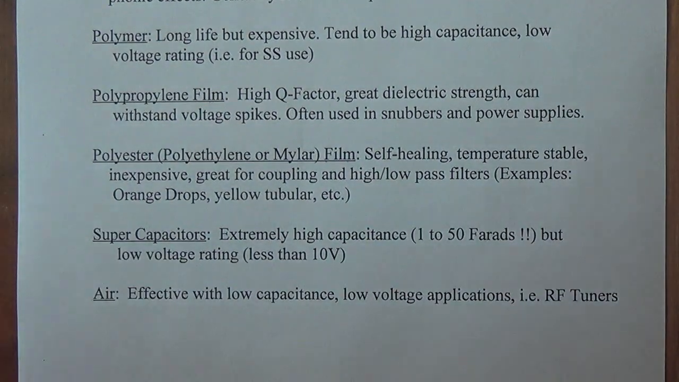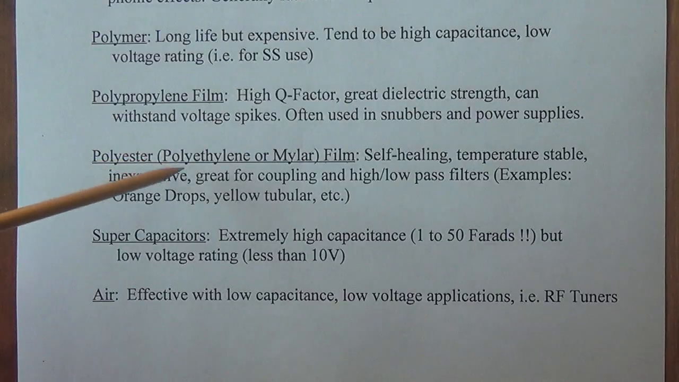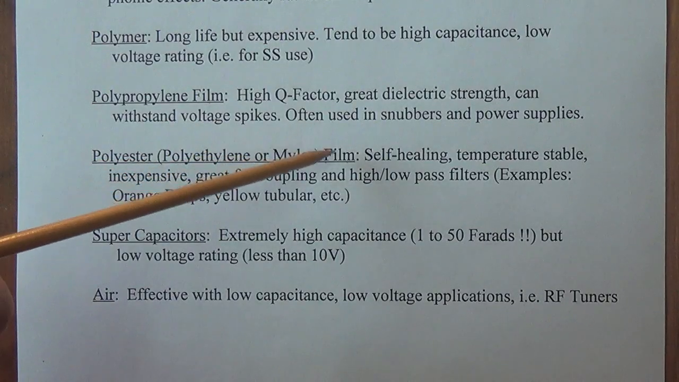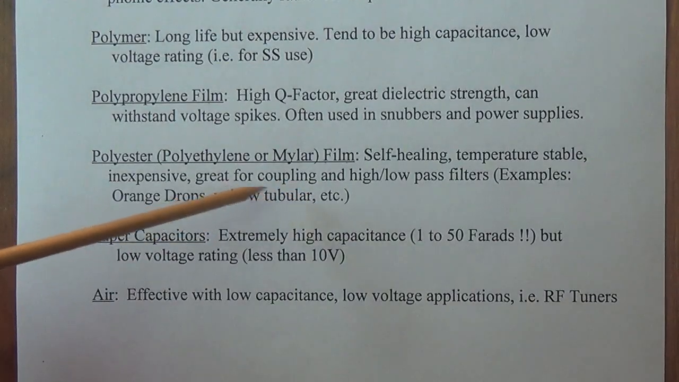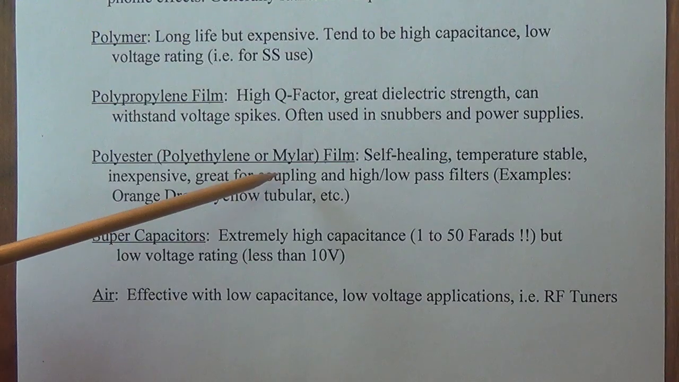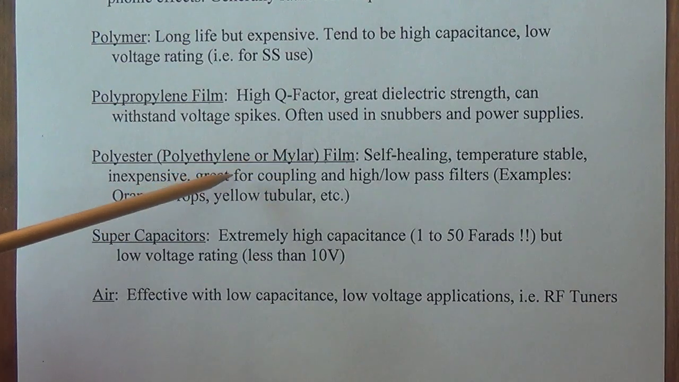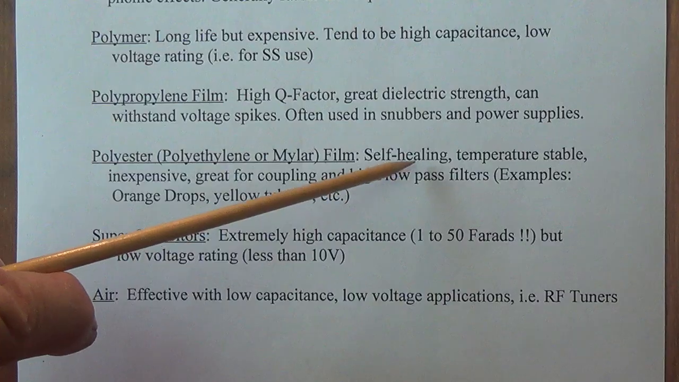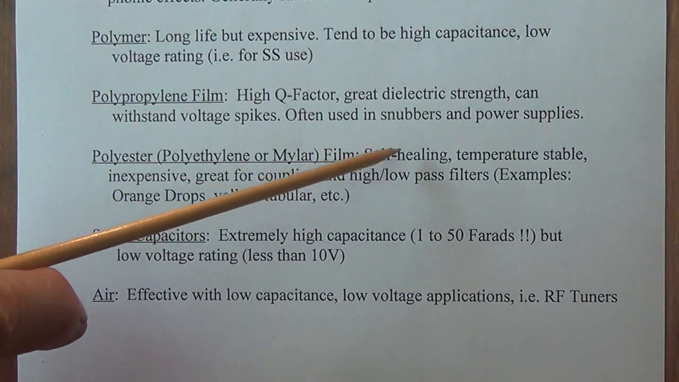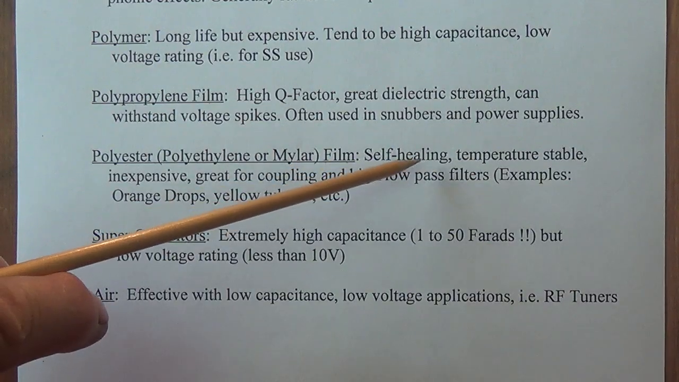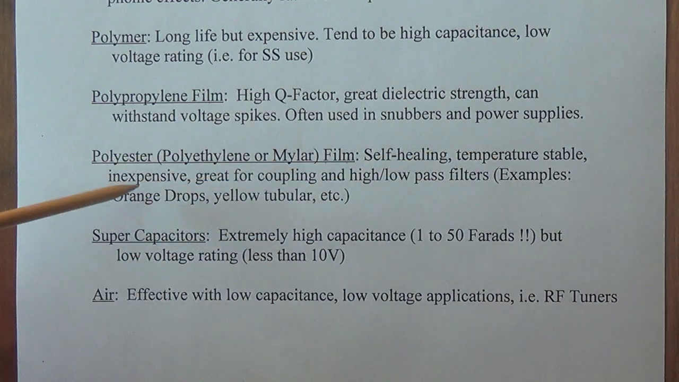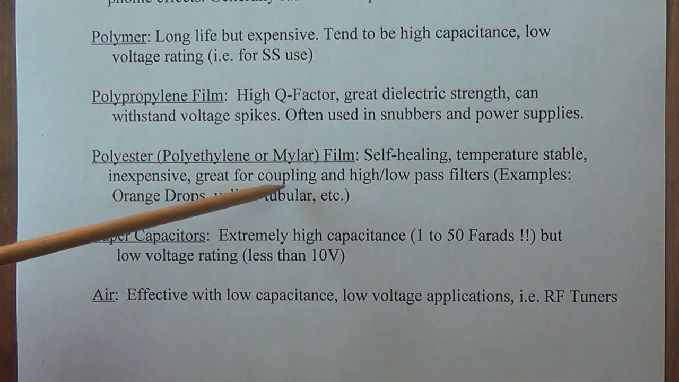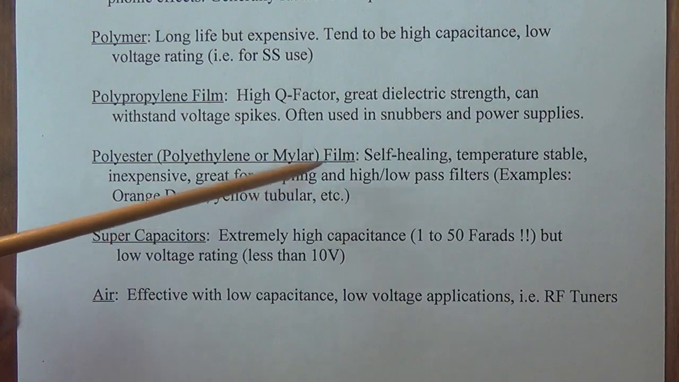The final group are the polyester, also called polyethylene or mylar film capacitors. Now this is what almost all of the modern capacitors that you will use for your audio circuits are in this group. Okay, they are self-healing. Now this is an interesting trait. If any electrons do breach the dielectric, it closes afterwards. It's not permanently damaged. They're temperature stable, inexpensive, and they're great for use in coupling and high-low pass